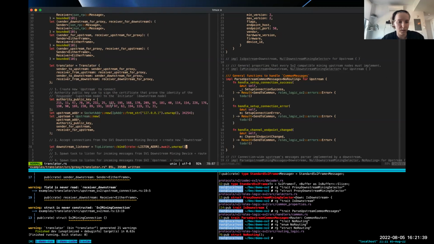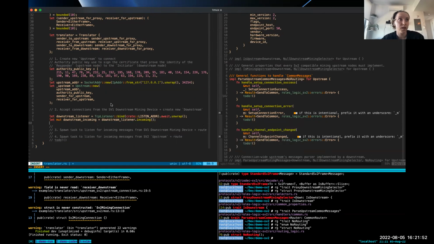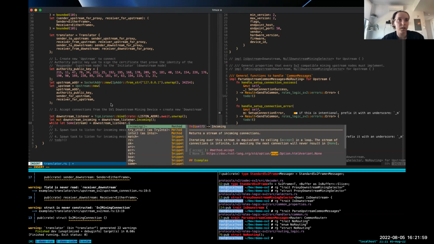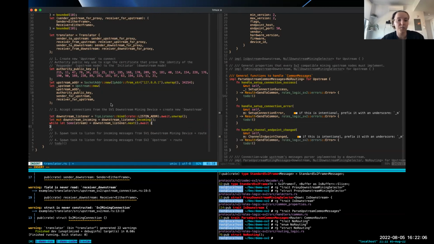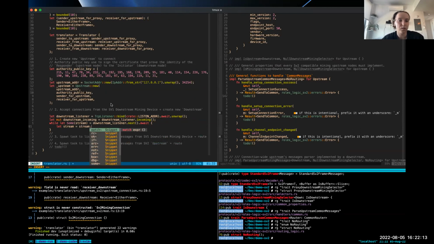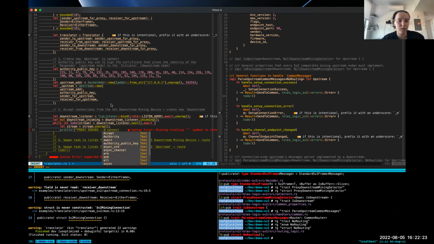Okay, so that looks good. And we're going to get the downstream incoming from the downstream listener. And while let some stream downstream listener dot incoming, or sorry, dot next. So to get the next message, it's incoming. I'm going to wait on that next message, and we are going to create our downstream struct here. So do a print line, proxy server, accepting connections from